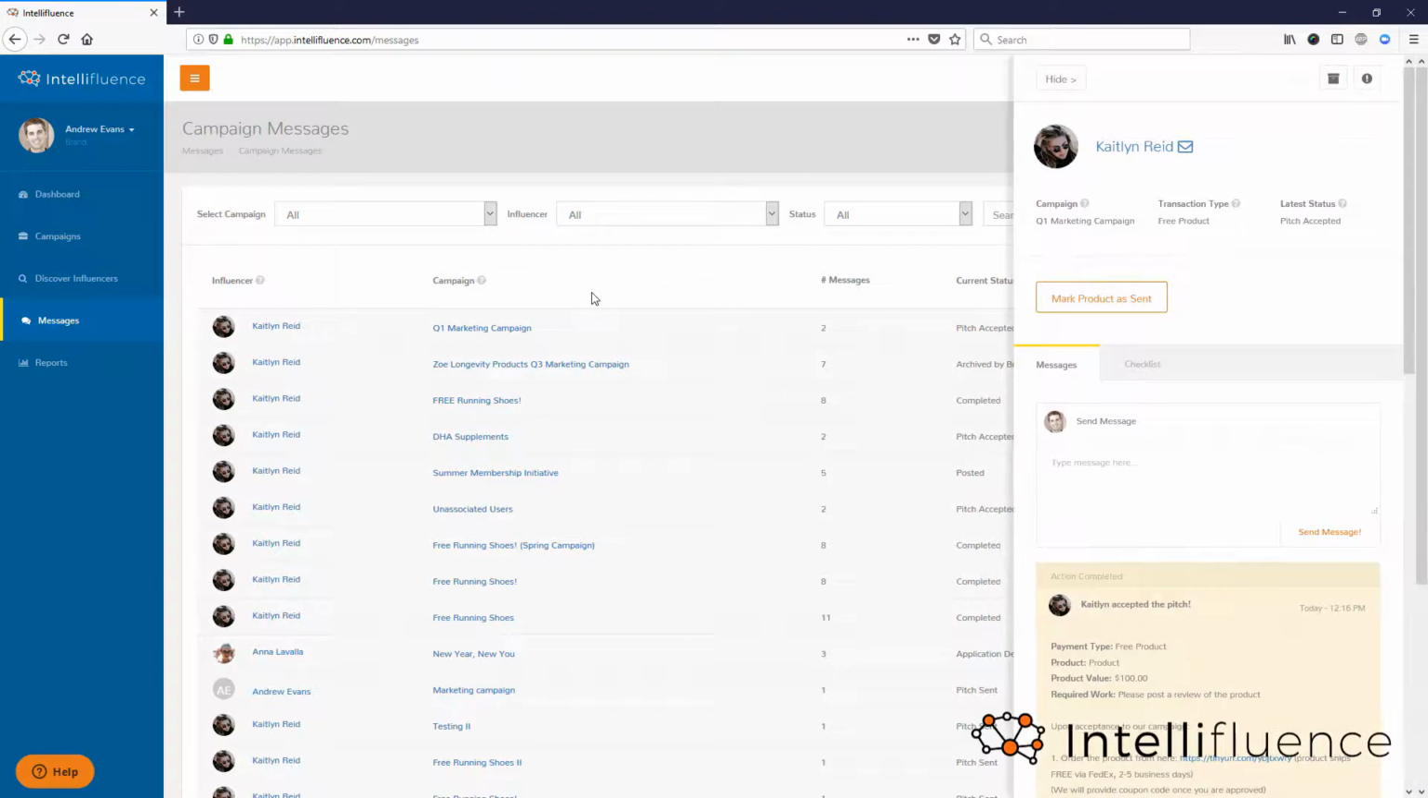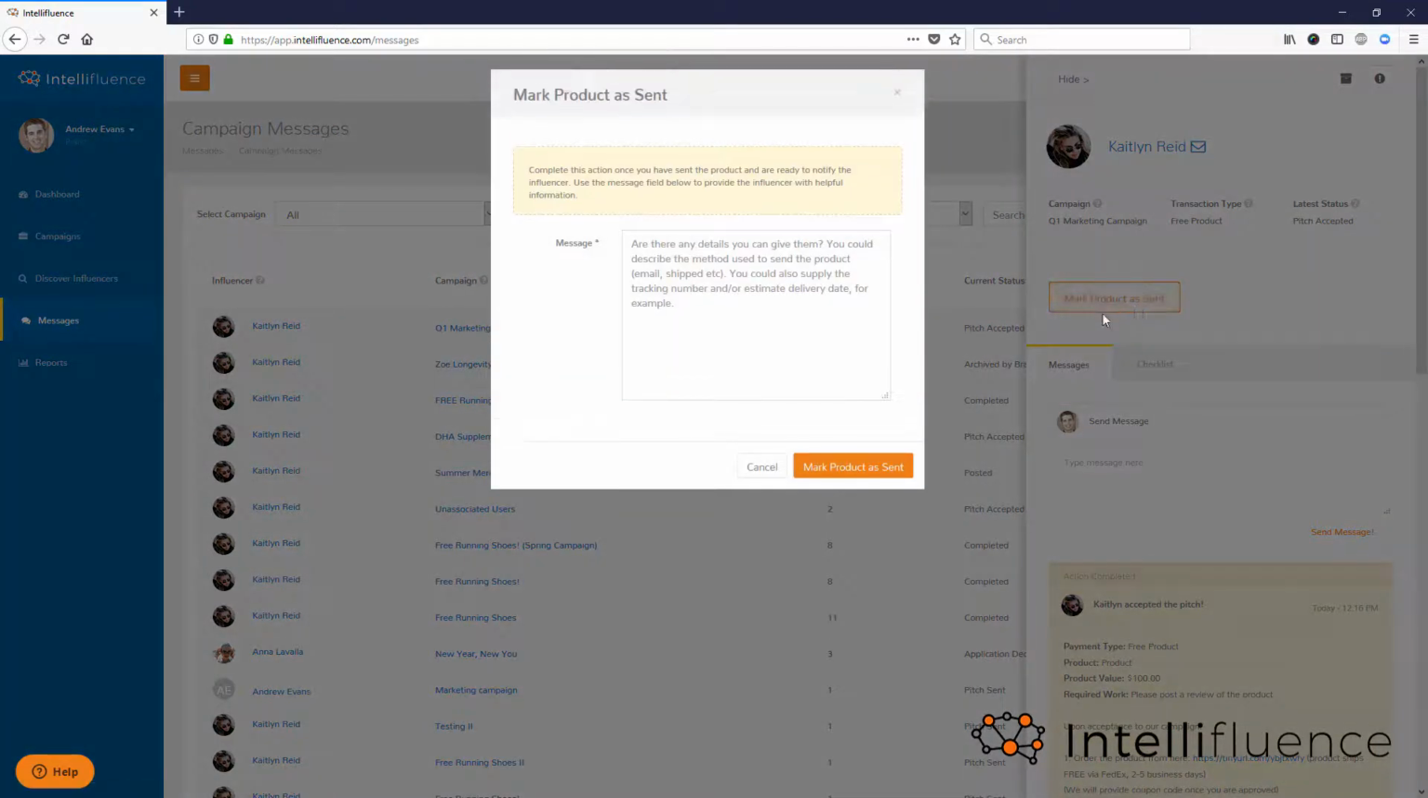This opens your message thread here for the transaction, and you're going to click the Mark Product as Sent button right here. And then you can provide the necessary details such as tracking numbers or estimated delivery times so the influencer knows when to expect delivery. If the influencer needs to purchase the product from your website or a retailer, you can provide the instructions at this time. You can also provide any details such as a referral code if you want them to include it in their post. So now I'm going to mark this as sent,